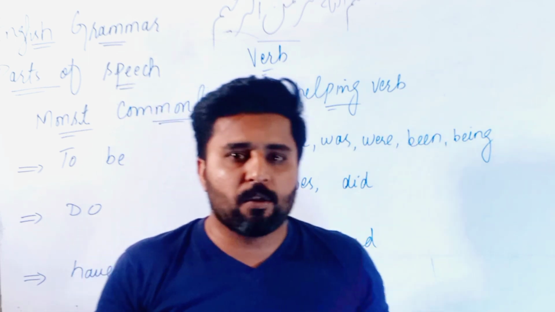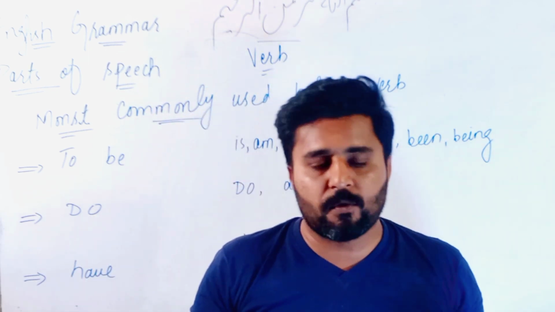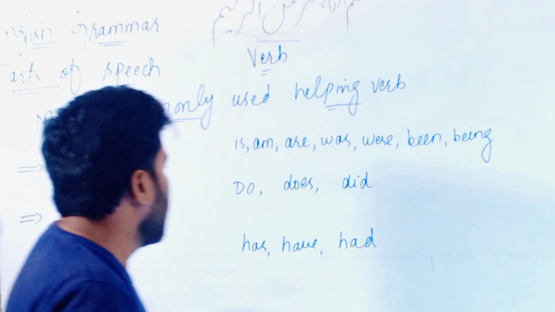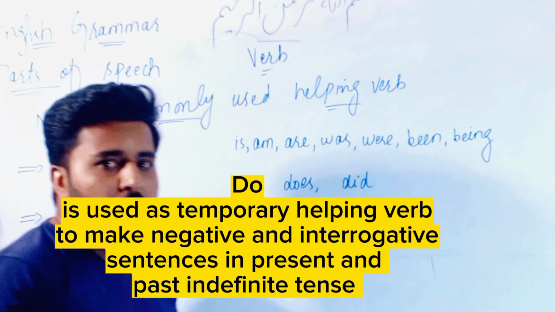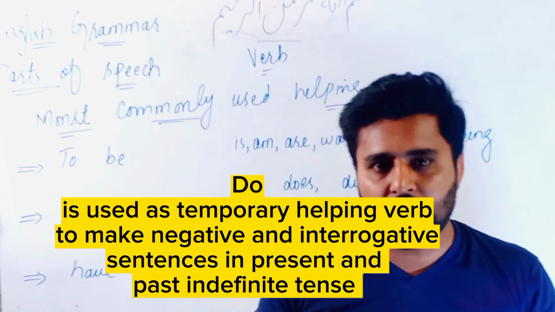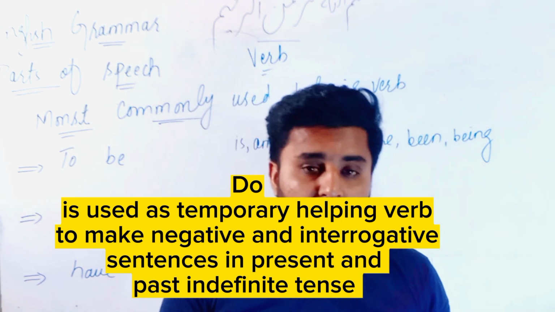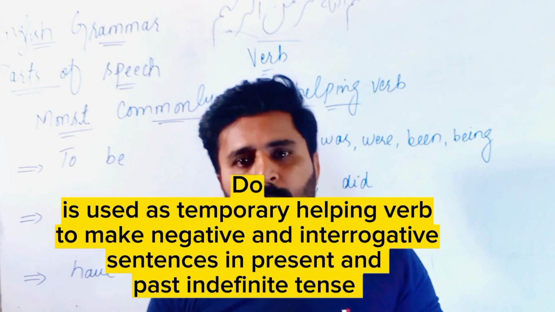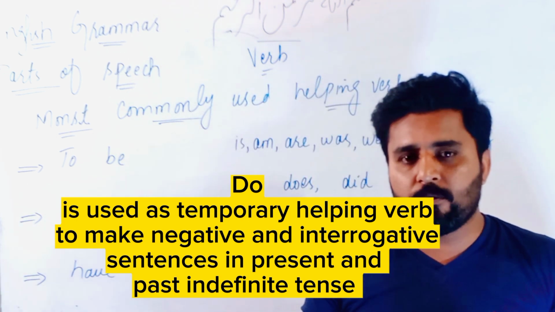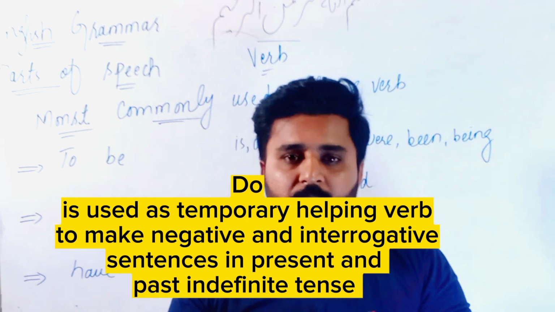तो ये आपके स्टेट ऑफ बीइंग को भी शो करता है और एक्टिव टू पैसिव चेंज करने के लिए भी यूज किया जाता है. Then comes do. Do एक्चुअली एक मेन फंक्शन को भी जाहिर करता है, एक्चुअल एक्शन ऑफ द सब्जेक्ट को भी जाहिर करता है। सो अगर हम फिजिकल मीनिंग में देखें तो डू का जो फिजिकल मीनिंग बनता है वो है करना, किसी काम का